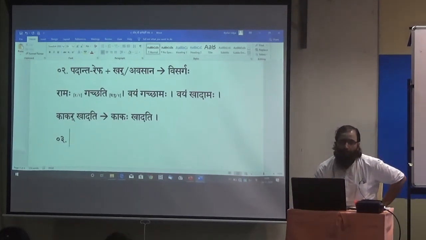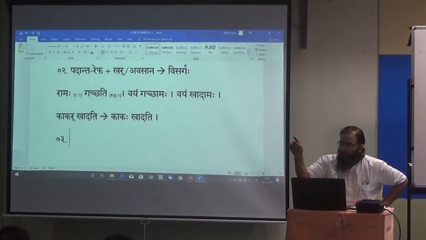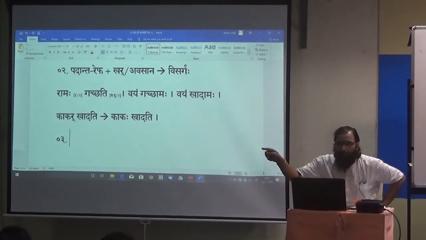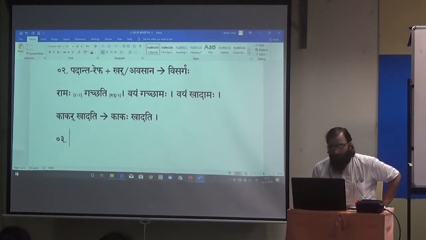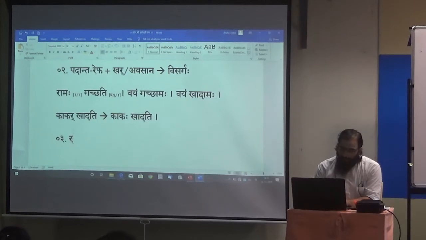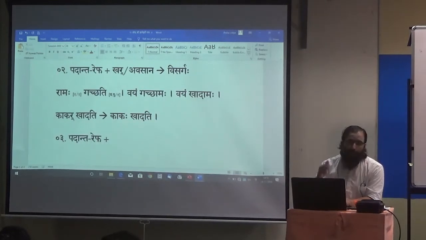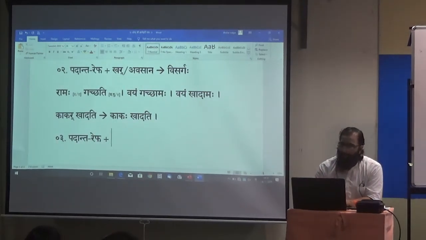Before becoming Visarga, the Repa will undergo change depending on what follows. The Repa followed by Avasana, this is Visarga. Right? Repa followed by Kar letter, what happens? Visarga. Now we are going to see Repa followed by, let us say, Padanta. Because we are talking about Pada, we are dealing with Pada now. So Padanta Repa followed by